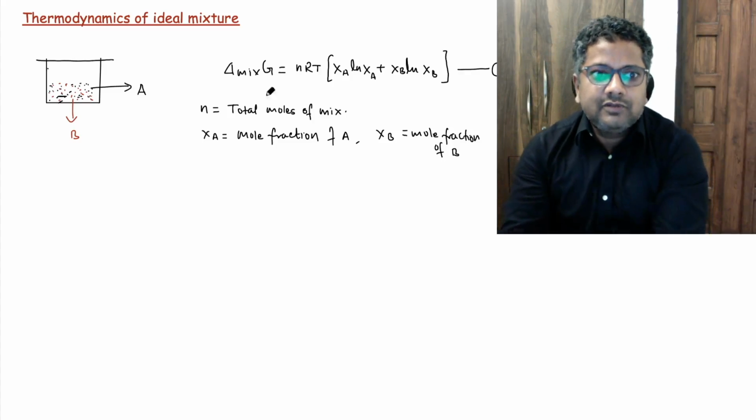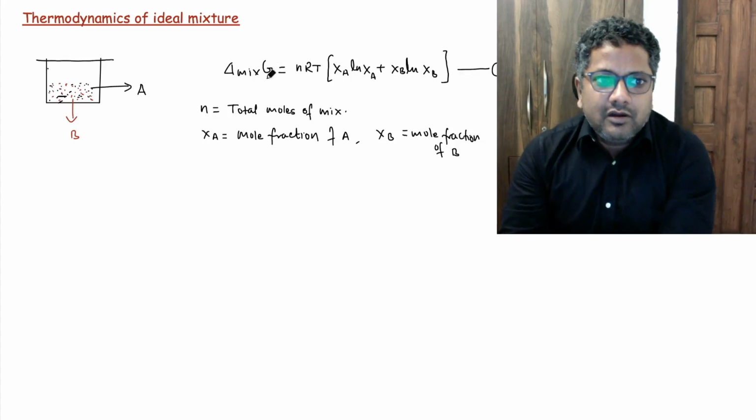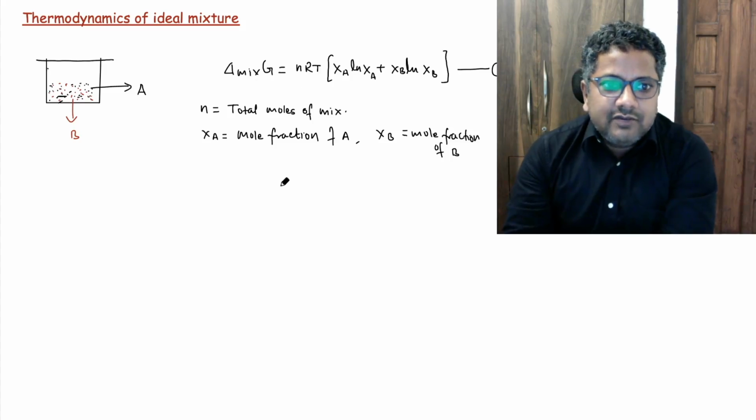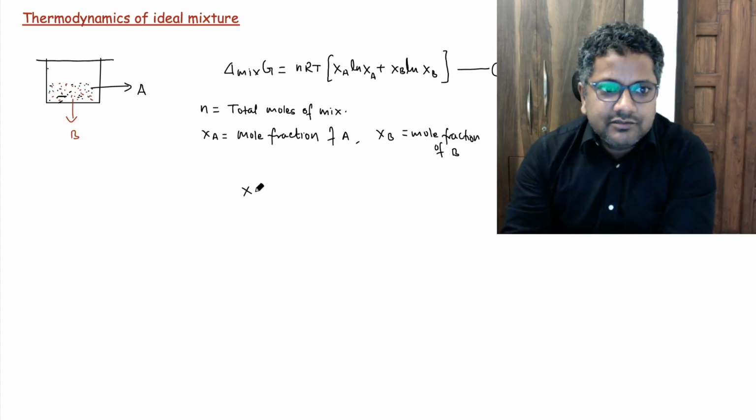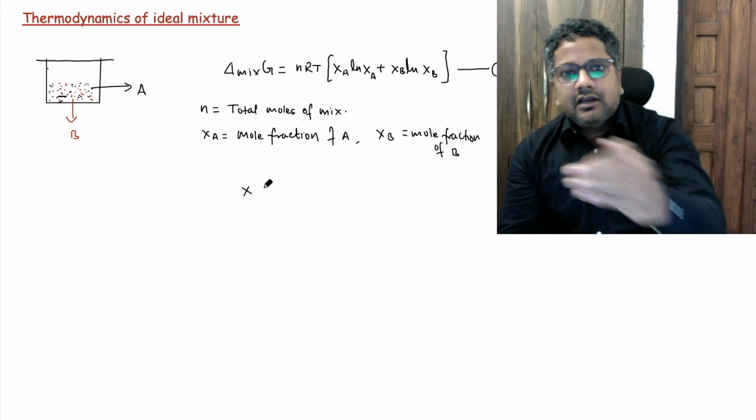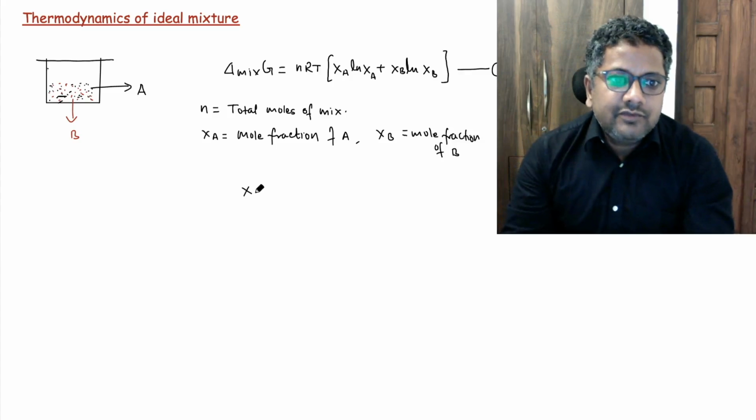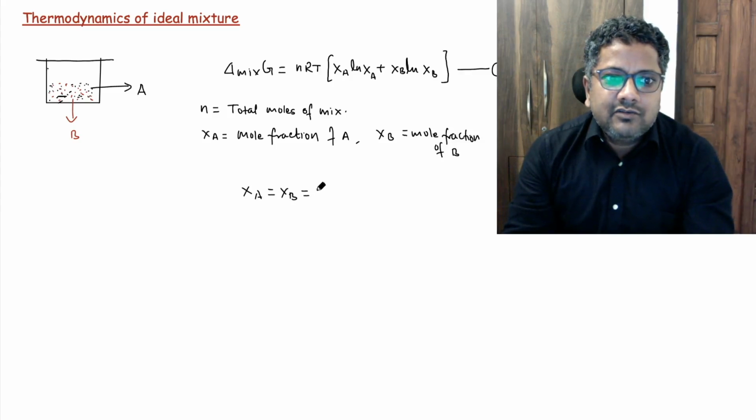Right? So if you draw a plot between delta G, meaning energy change, and composition, you can find out what the value of XA and XB is at a given temperature. So I am considering composition as a variable. So when XA is equal to XB is equal to 1 by 2,